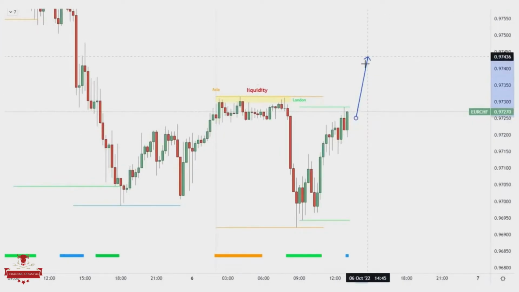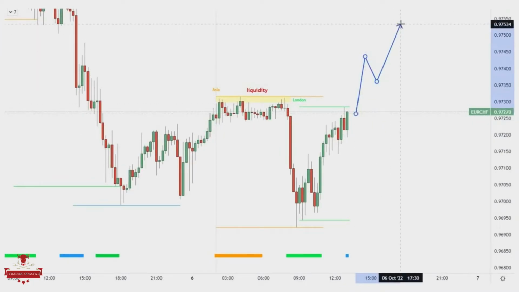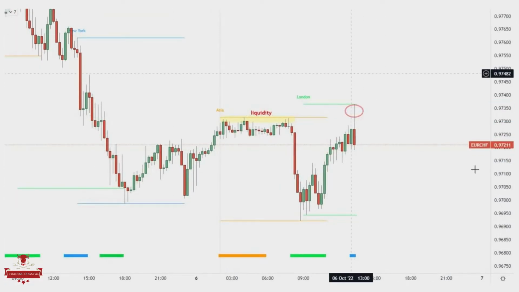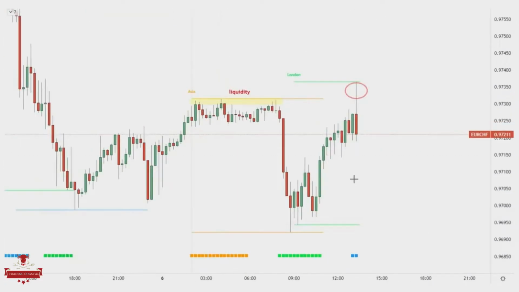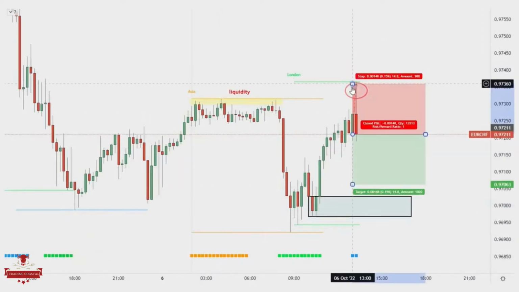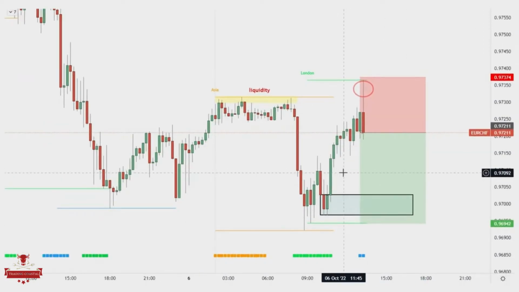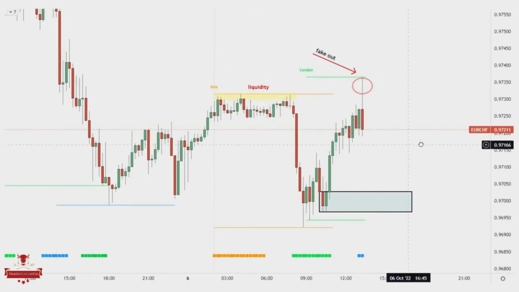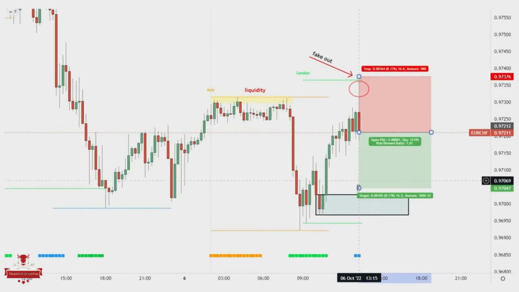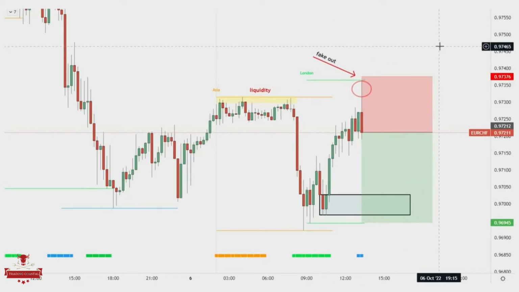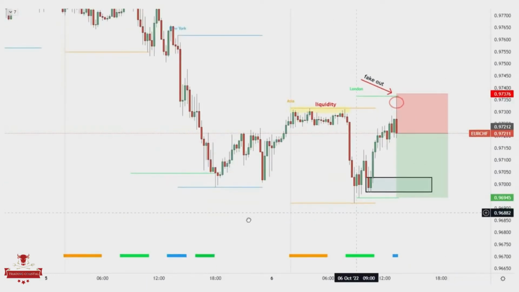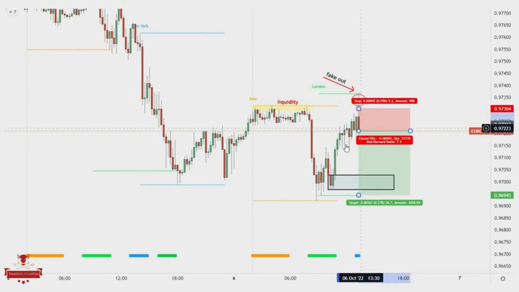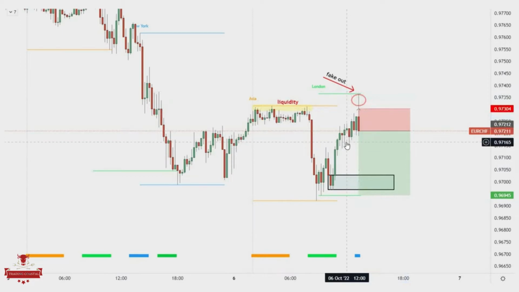Usually market makers tend to grab this liquidity and move in the opposite direction. As we can see from the next candle, price did exactly the same thing. We were monitoring this trade and waiting for the candle closure to validate the fakeout. We could have entered earlier, but we stuck to the rules and stayed stoic. Of course, we sacrificed some risk reward, but we had stronger confirmation and at the same time a conservative stop loss. We could lower it, but in this way we would be increasing the chances of stopping out,